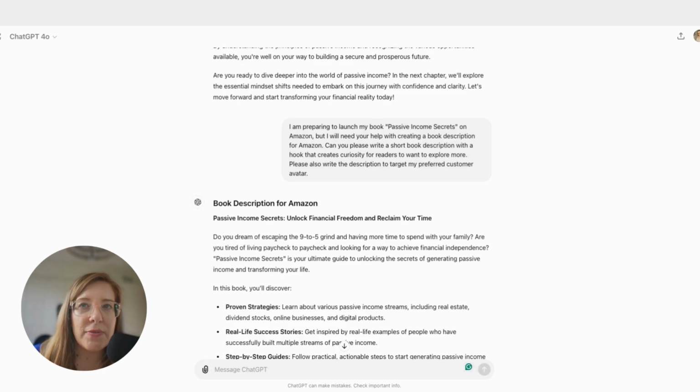Do you dream of escaping the 9 to 5 grind and having more time to spend with your family? Are you tired of living paycheck to paycheck and looking for a way to achieve financial independence? Passive Income Secrets is your ultimate guide to unlocking the secrets of generating passive income and transforming your life. In this book, you'll discover proven strategies, learn about various income streams, including real estate, dividend stocks, online businesses, and